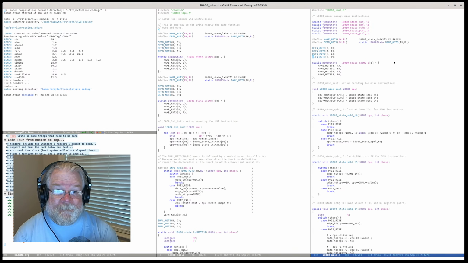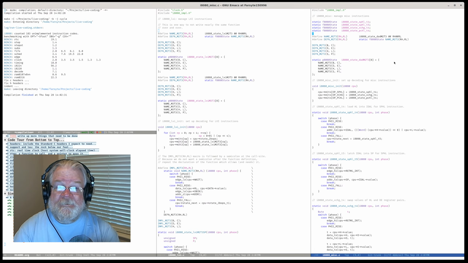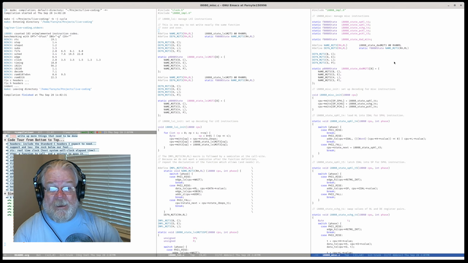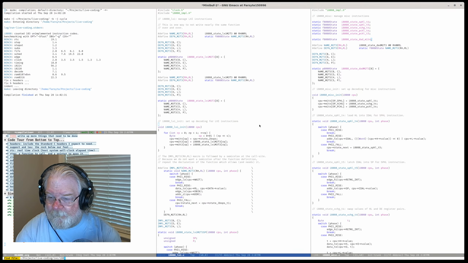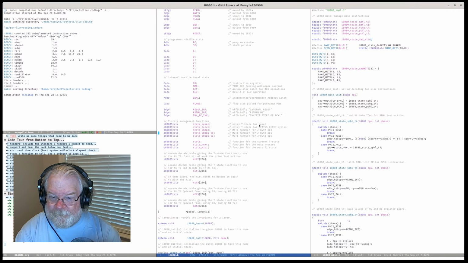So DAD, well, there's a standard decode for DAD M1T4. And I'm going to need a decode for M2T1. So make sure we have it. Yep.